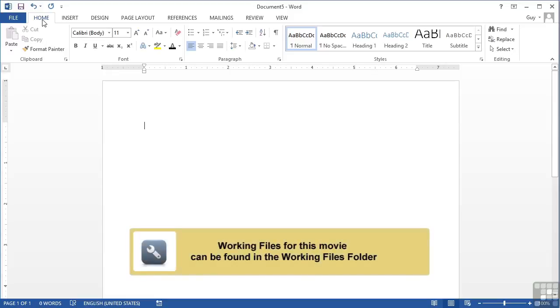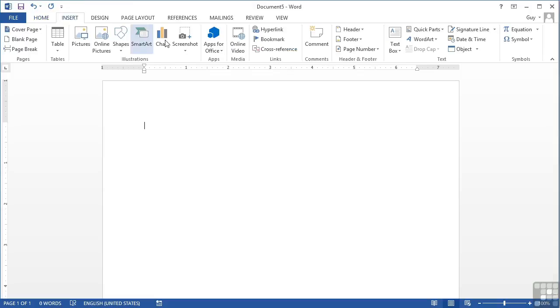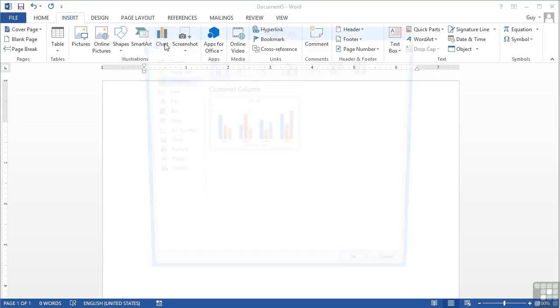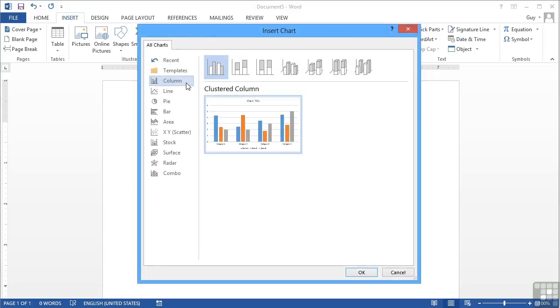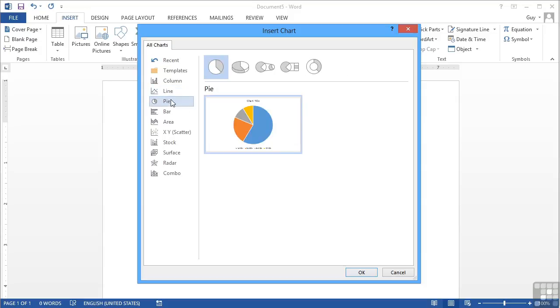Although not traditionally known for its charting tools, in Word 2013 we now have a whole raft of ability to insert a chart into a Word document, edit that chart and customize that chart. If we take a blank document and choose the Insert ribbon, Chart has its own option here on the Illustrations group. When we click Chart, we're given a choice of chart types, from column to line to pie